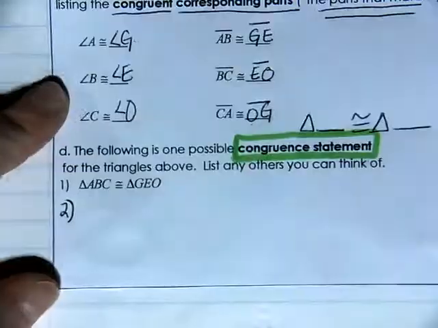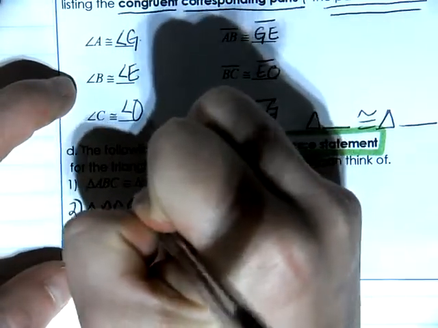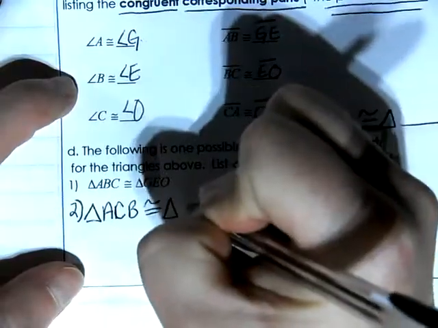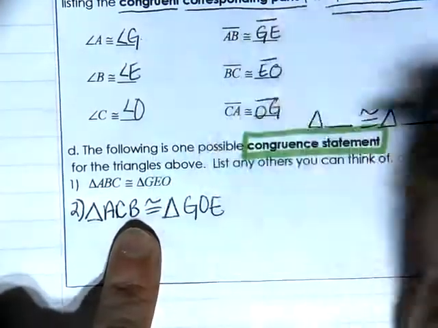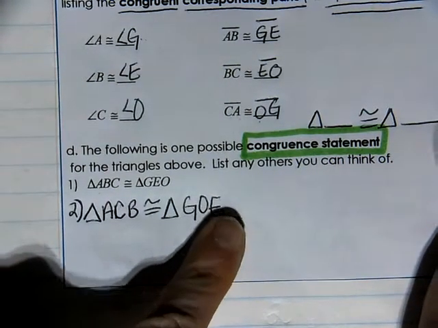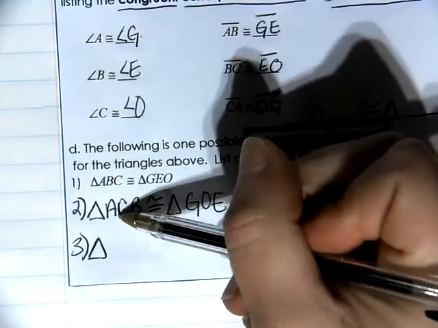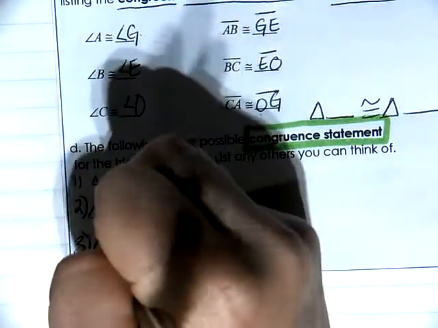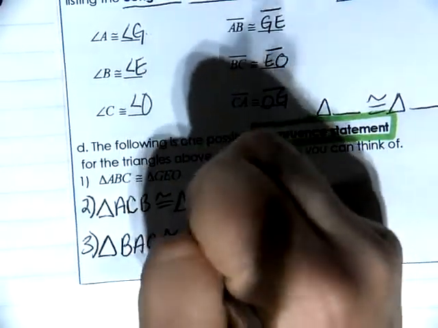Let's go ahead and come up with all of the other ones. I'm going to say triangle ACB this time would have to be congruent to triangle, A matches with G, C matches with O, and B matches with E. So triangle GOE. The third statement is where we would say triangle, and instead of A going first, we can have B go first. BAC would be congruent to triangle